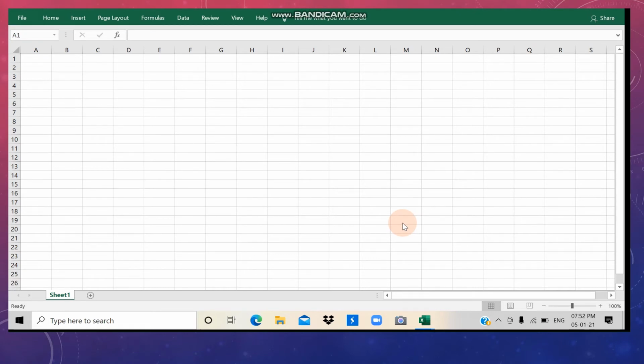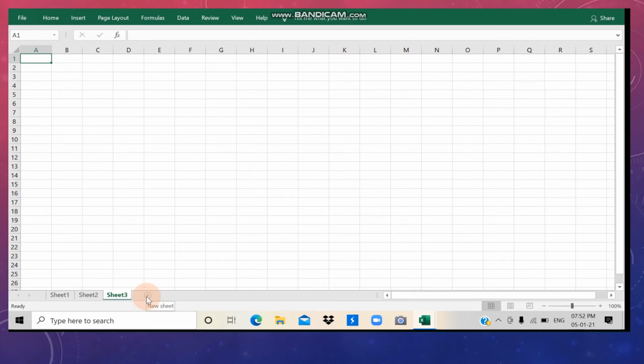Children, today we are going to learn about Microsoft Excel. When you are going to open Microsoft Excel, you will get this type of sheet. We call it as worksheet. This is sheet number 1. As you can see here, this is sheet number 1. You can press the plus button and then you will get sheet 2. Then sheet 3. Like this, you can press this button to get as many sheets.